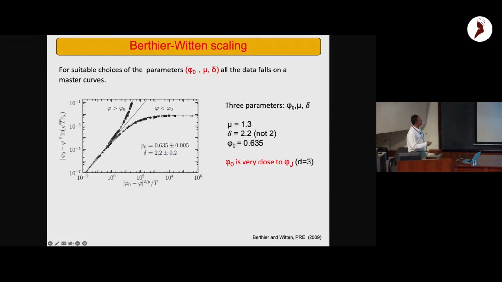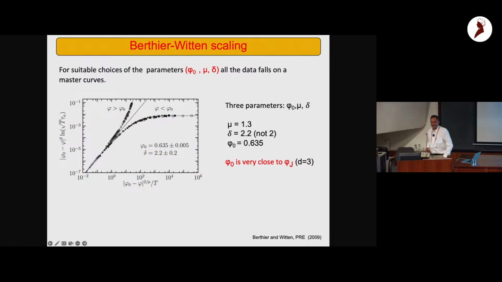Okay, so this is what Berthier and Witten did in 3D, and they managed to get rather impressive data collapse of their dynamical results. And this gives a value of phi naught, which is what we are estimating to be the Kaufman density, which is about 0.635, and the other exponents, delta and mu, come out reasonable but not exactly. Delta was expected to be 2, but the